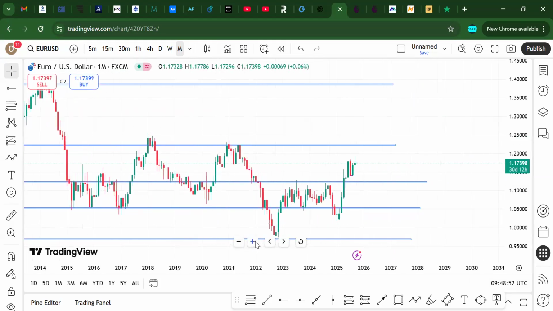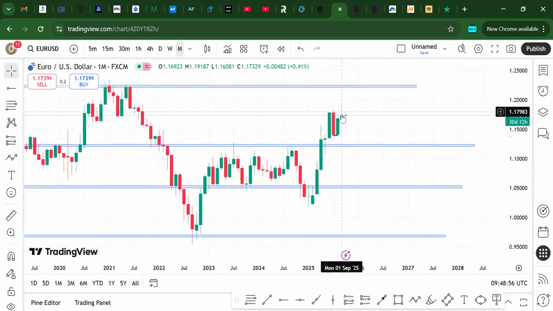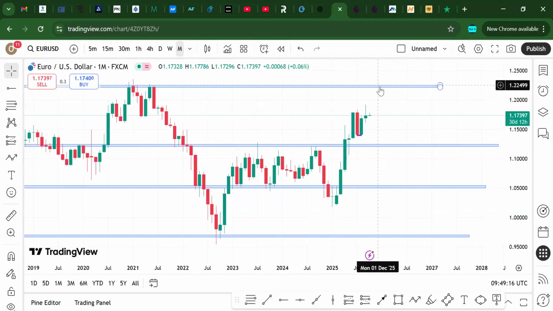If I zoom in, we can see that today is the 1st of October. This candlestick represents the whole of September. We can see that price pushed upwards, but the sellers gained some momentum and pushed the price downwards. However, I still believe that EUR/USD is going to continue going upwards and that our destination would be this